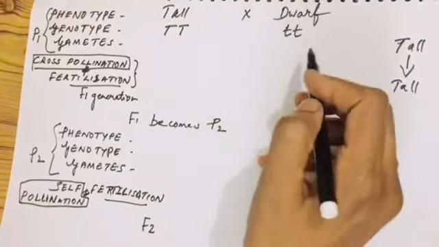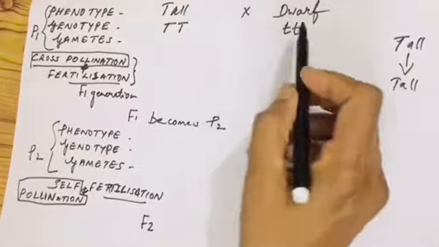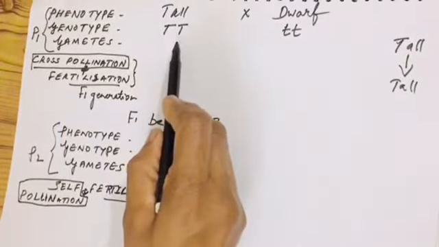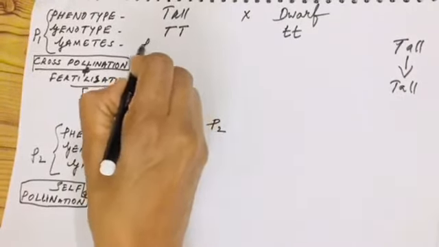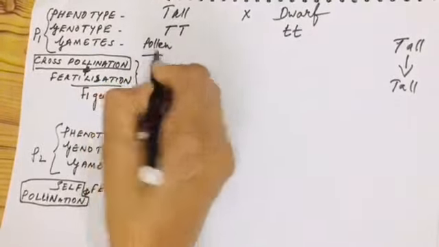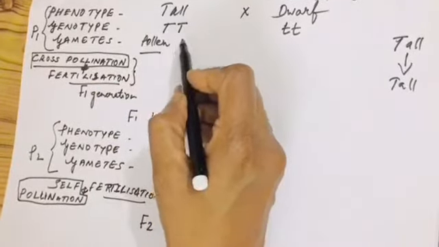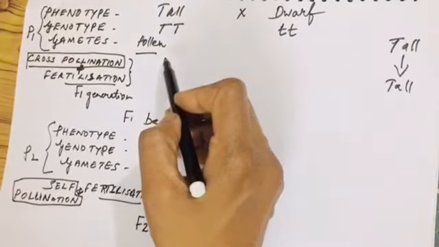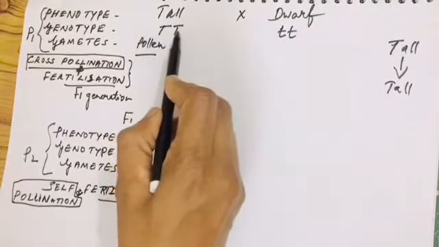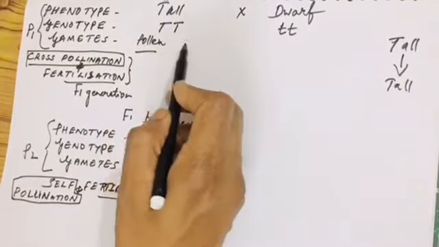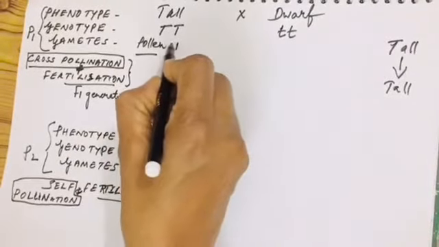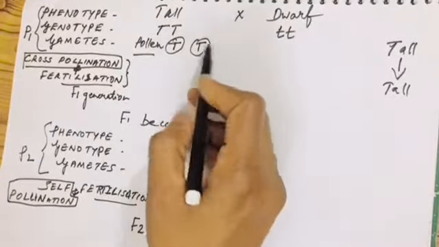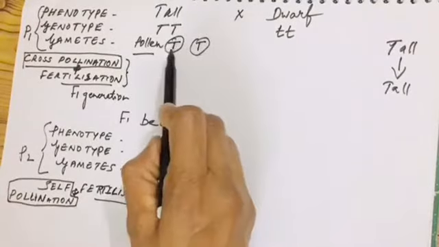Since this is a sexually reproducing plant, what do you call the gamete or the reproductive cell? Male reproductive cell? Pollen, isn't it? So we are going to show the pollen genotype. You know that in the gametes, the factors remain single, isn't it? So you will write only one form. How to represent the gametes genotype? You write the factors, the letters, separately and encircle them. This is how he represented the genotype of the gametes.